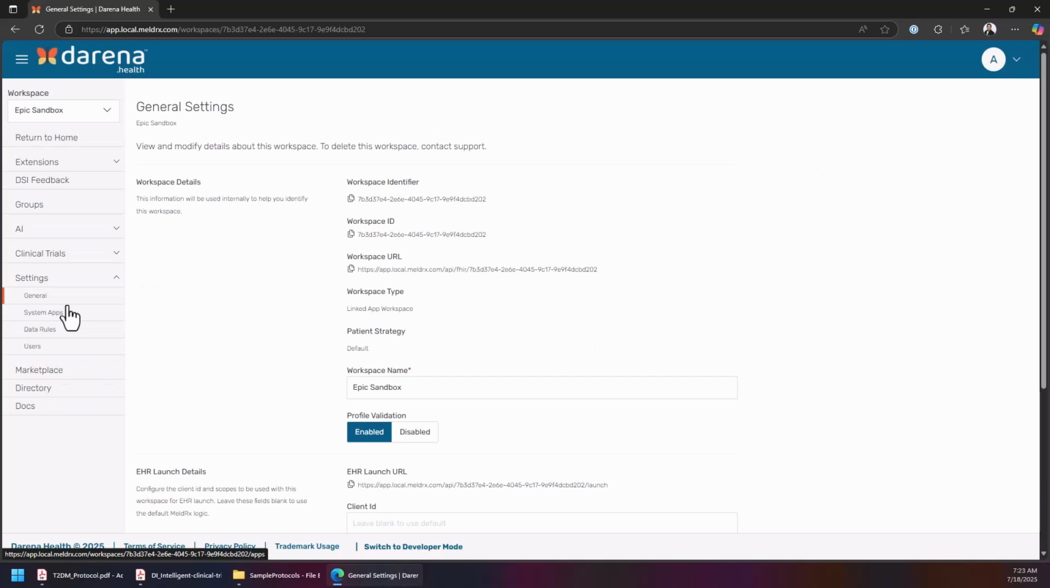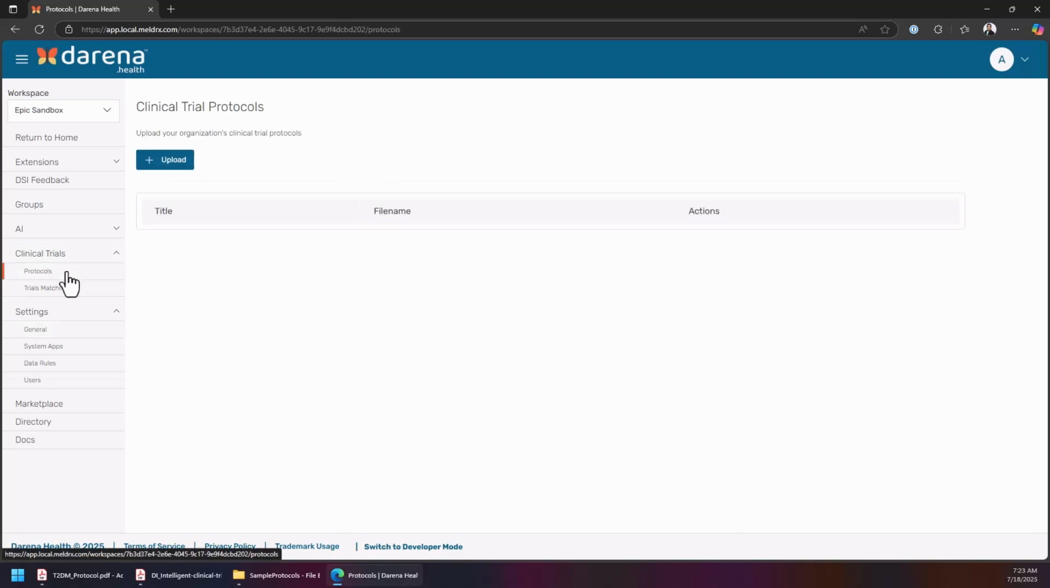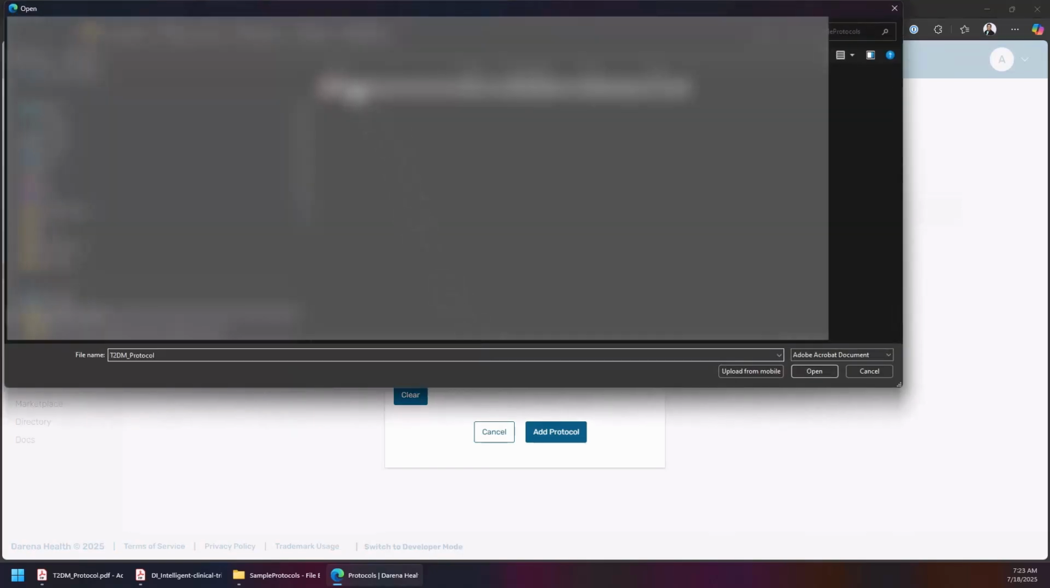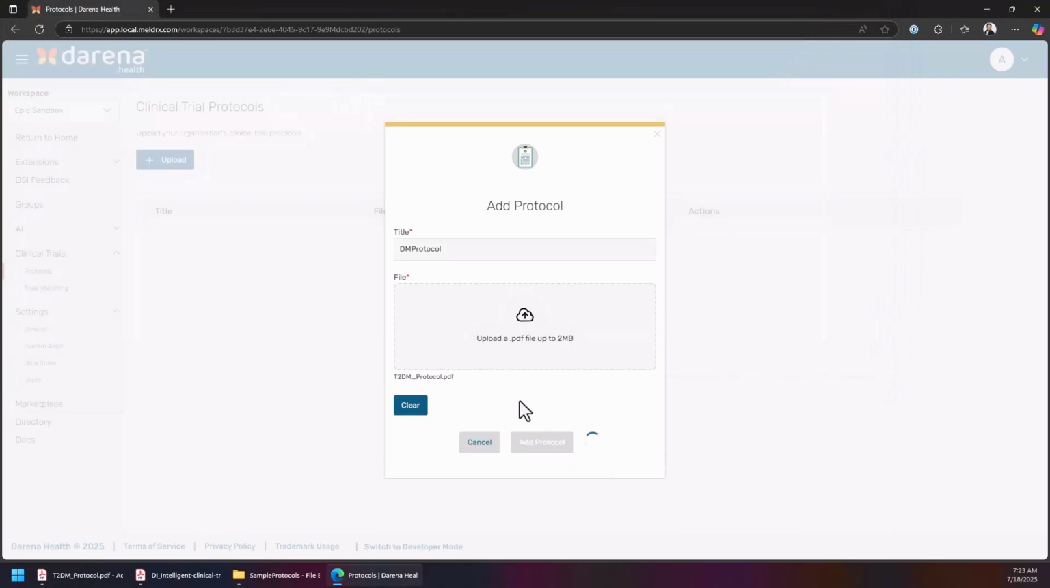If you're not familiar with our app, we have basically this concept of workspaces. Workspaces can connect to any backend database, including an EHR or a FHIR server. So in today's demo, I'm using Epic as the backend and I'm connected to the Epic Sandbox. So I'm going to connect to the app and then go ahead and upload that protocol that we were looking at. I'm just going to type a name in here. It can be any name, and then I'm going to upload that particular PDF file